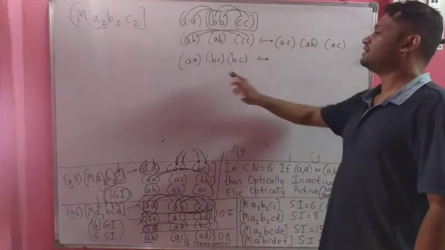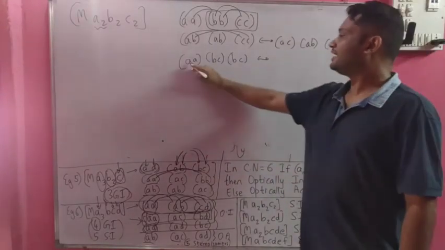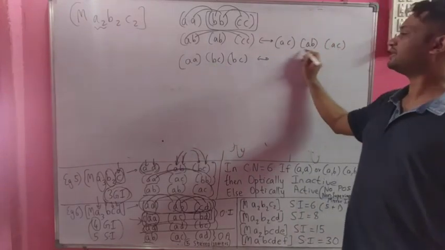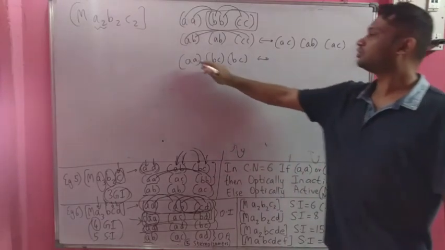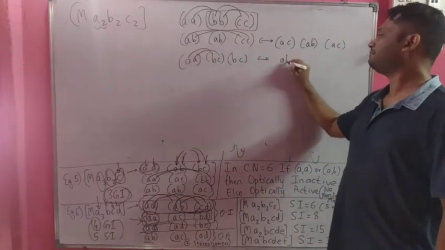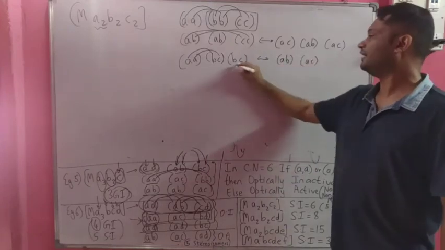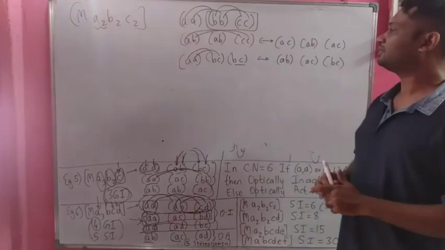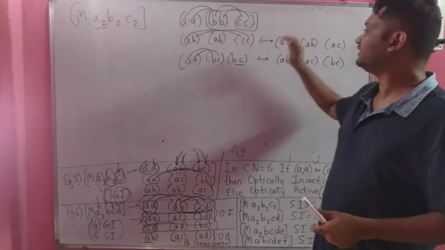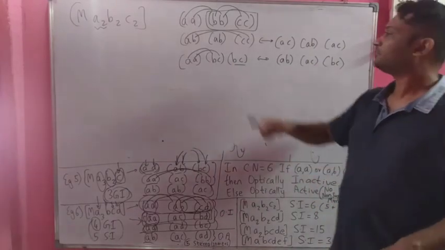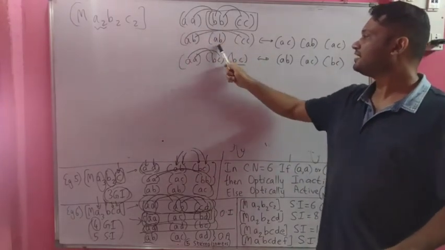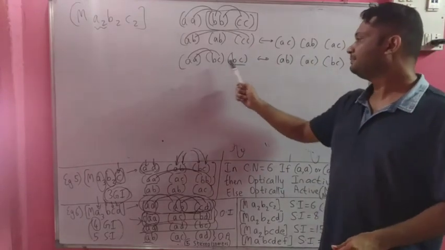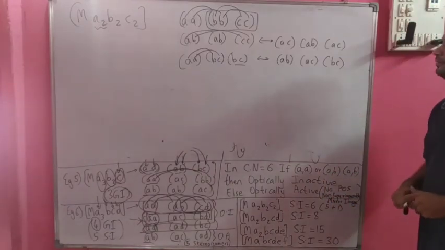Then, if I play around with this one, what will I get? AB, AC, and this is the same thing, and BC. So, AB, AC, AB, AC, and finally BC remains as it is. Other than this, is there any other possibility? If you see carefully, we have made 1, 2, 3, 4, 5. AA, BB, CC, then AB, AB, CC. There is no other AB, AB, CC. Then we have AA, BC, BC. We do not have any other such combination.